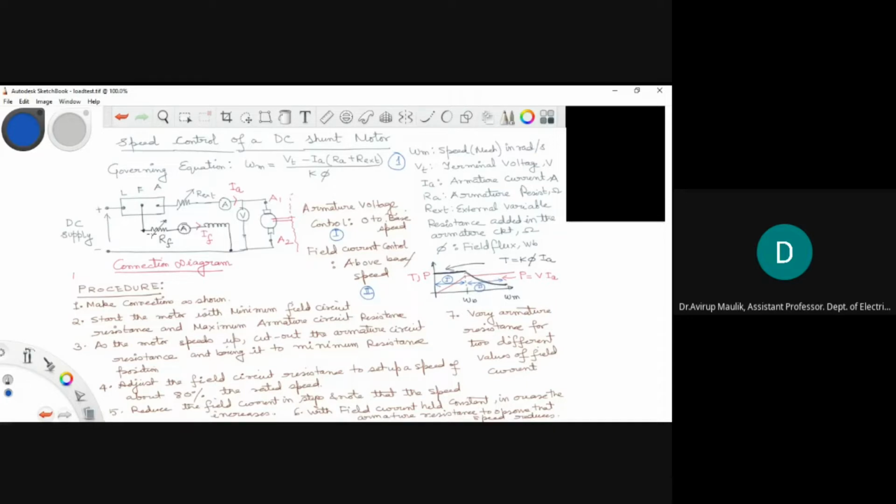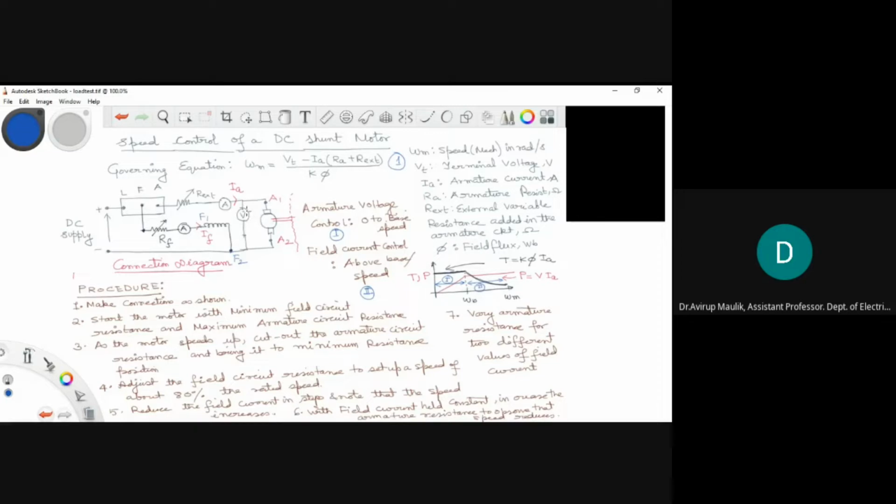Now the connection diagram is shown in this circuit. We will use a DC supply. From the DC supply, it will go to a 3-point starter having 3 terminals, the line, the F and the A terminal. From the field terminal, we will connect an external rheostat, a variable resistance, in series with an ammeter, in series with the field terminal F1. From terminal A of the 3-point starter, we will connect an external rheostat and an ammeter, and we will connect this terminal to A1 of the armature. We have also used a voltmeter to measure the voltage across the armature winding.